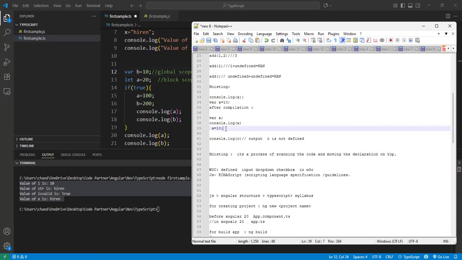Okay, these things here you can see. Suppose I remove these things, then in the process of scanning, the declaration of a goes on top, then console.log a. This is hoisting. So var supports hoisting,